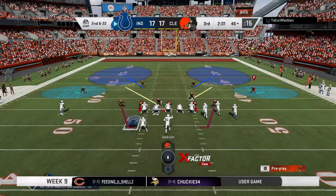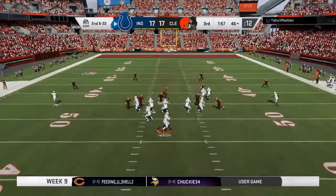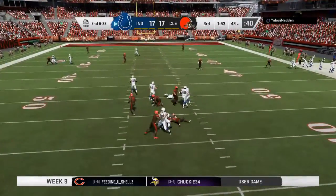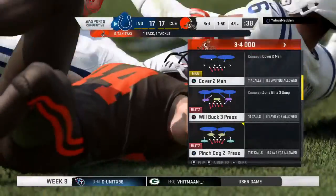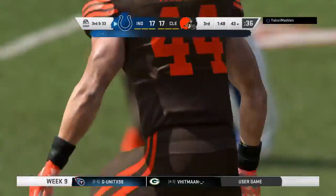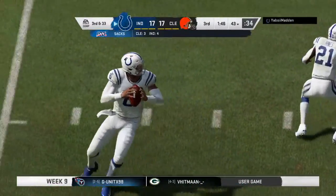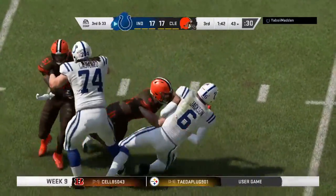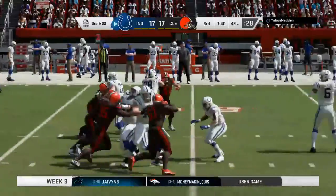Hey, Mike 52. Mike 52. Let's go. Throwing on 2nd and long. Jackson. And the pressure gets to him again. Sione Takitaki in there to get him. And on the season now, that is 9 sacks for him. And it's 3rd down. 3rd and